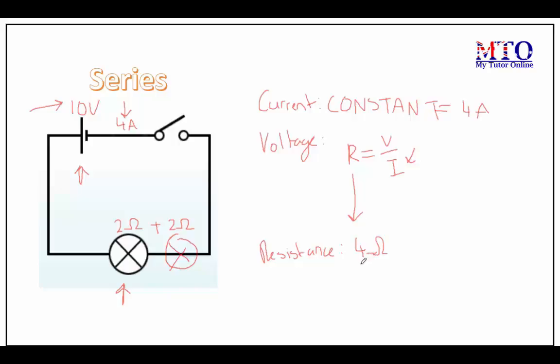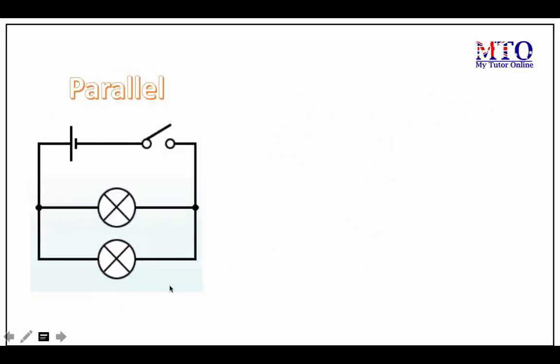So let's take a look at a parallel circuit now. There's a clear distinction between a series and a parallel circuit, as we can see that there is a break here and here. These breaks indicate that the circuit is indeed parallel. So let's assume that we have a current of 5 amps here and resistances of 2 and 2 ohms. We will take this time to find the voltage of this power source